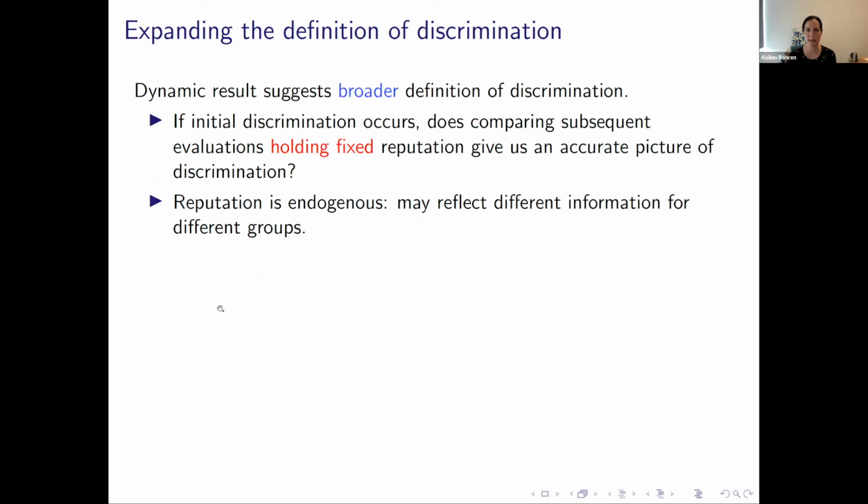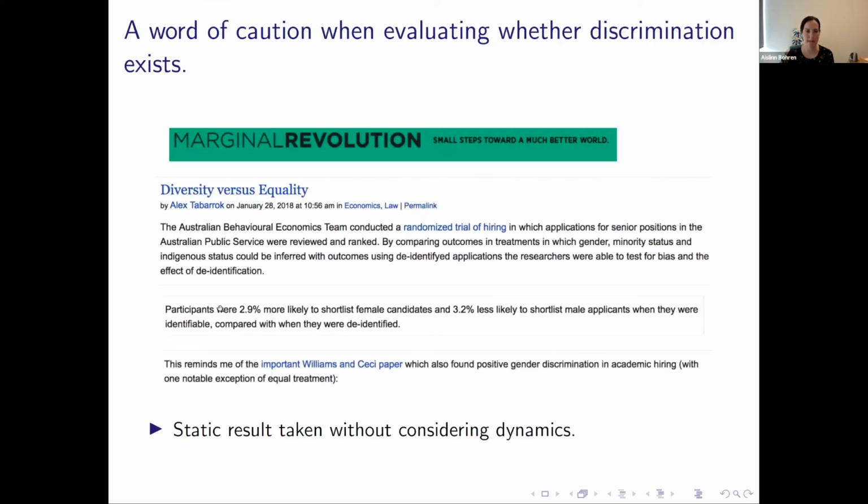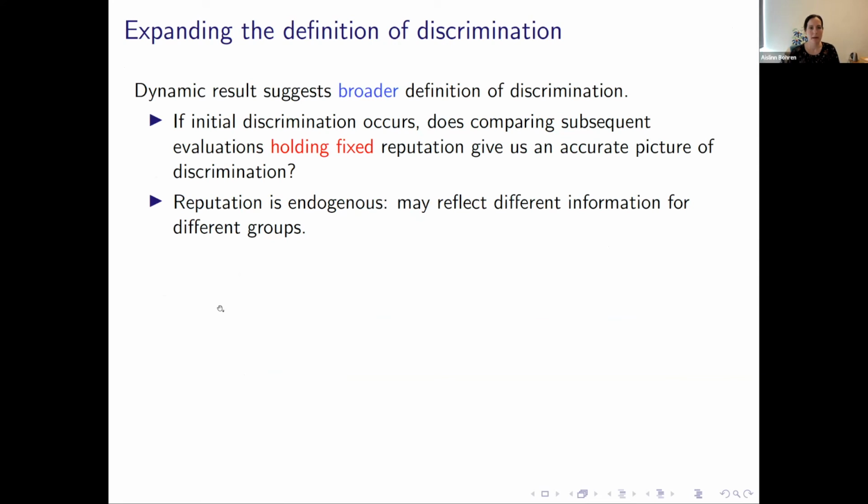Okay, so as I said, once we see this reversal, a naive conclusion would be, well, discrimination is a problem earlier in the pipeline, but once we get to the senior level, we don't need to worry about it because we see this reversal. So actually, if you can make it up to the top, it's great to be from an underrepresented group. But I'm going to argue that this dynamic result suggests that we should have a broader definition of